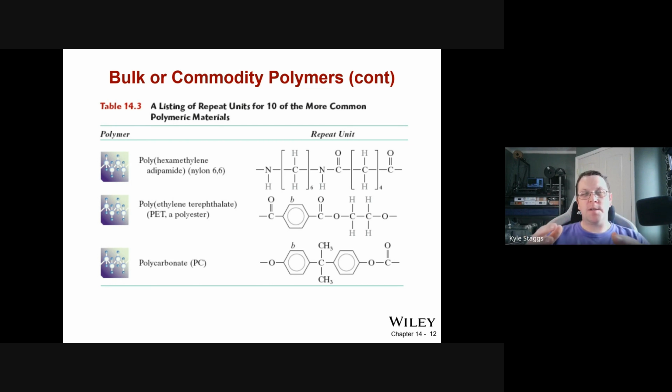Most of your backpacks are going to be a variation of nylon 6,6 in different weaves. Even I think some of the ballistic nylons are going to be nylon 6,6 as well. So this is more akin to a polyamide because it's an amide. What that means is